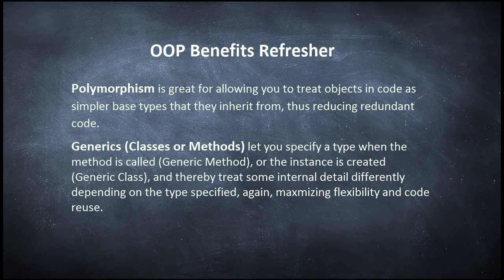Again, so you don't have to write a bunch of extra code just to handle cases like, if it's a knight, deal damage like this, else if it's a wizard, do it like this. Instead, with polymorphism, you can just say, I don't care if it's a knight or wizard, as long as it's an enemy, figure out what kind of enemy it is and just run its particular way of dealing damage. Things like that are the benefits of polymorphism. And you also have generics, generic classes and generic methods that let you specify a type when the method is called, or with classes when the instance is created, and thereby treat some internal detail differently depending on the type